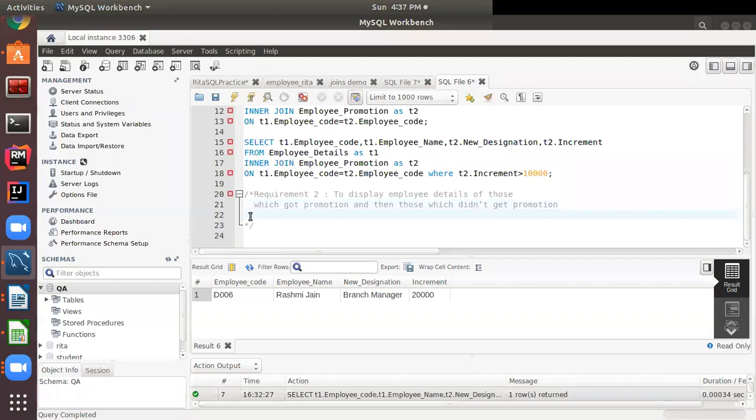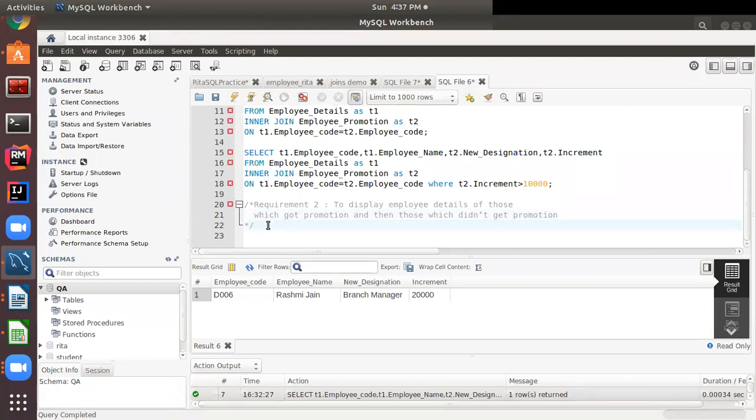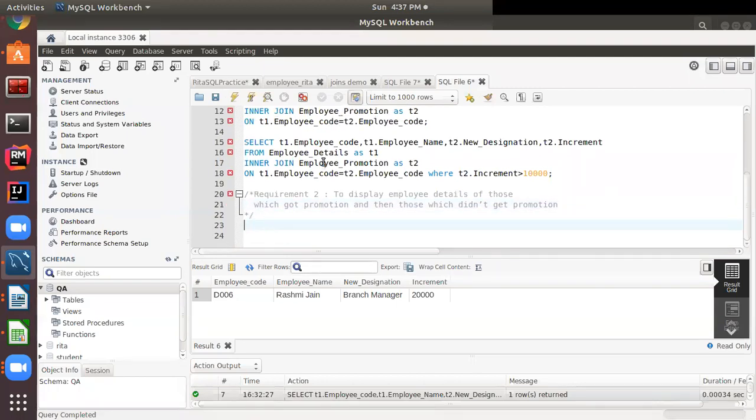This is my output requirement, my result set requirement. Then again, I can use left join. So first I need to give select star from table 1.